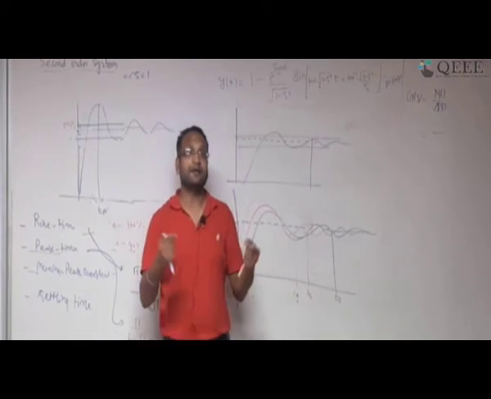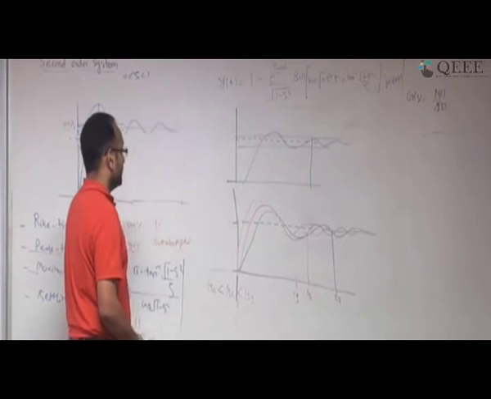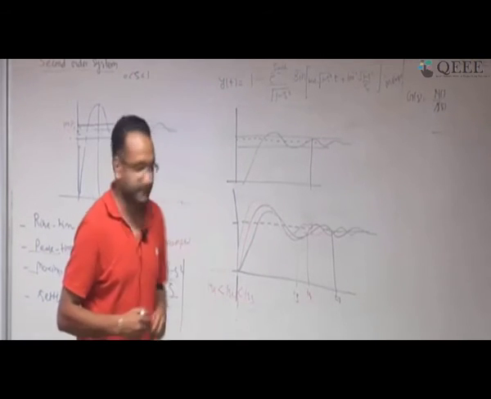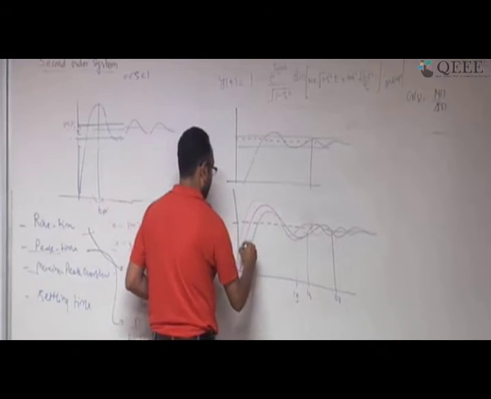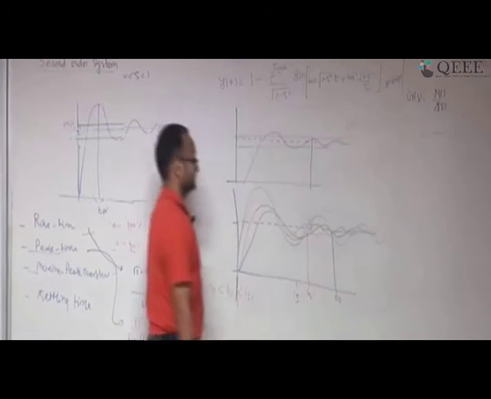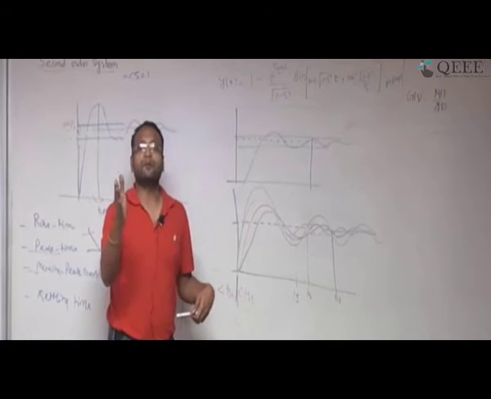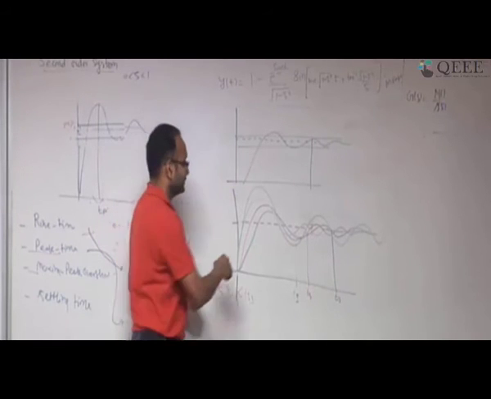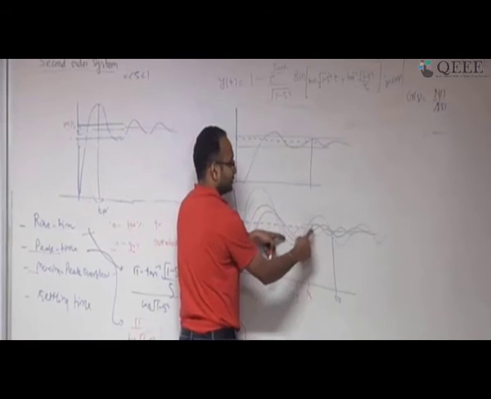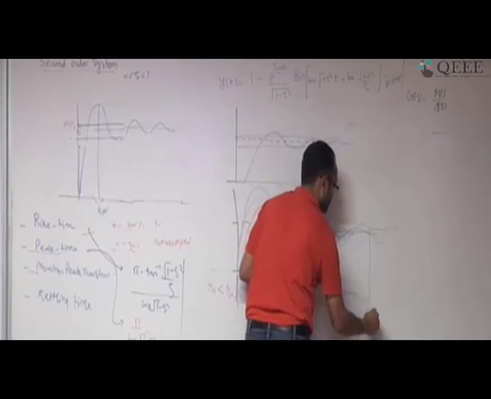Do you think that if I keep on reducing, I will reach the same? No. Why? If I reduce it further, then what will happen? The behavior will be something like this. It will go like this, and yes, exactly. So what happens if I reduce further from zeta 0.5 to 0.4? Then my oscillation will be big and I will reach my tolerance band pretty late. So this will be some ts4.